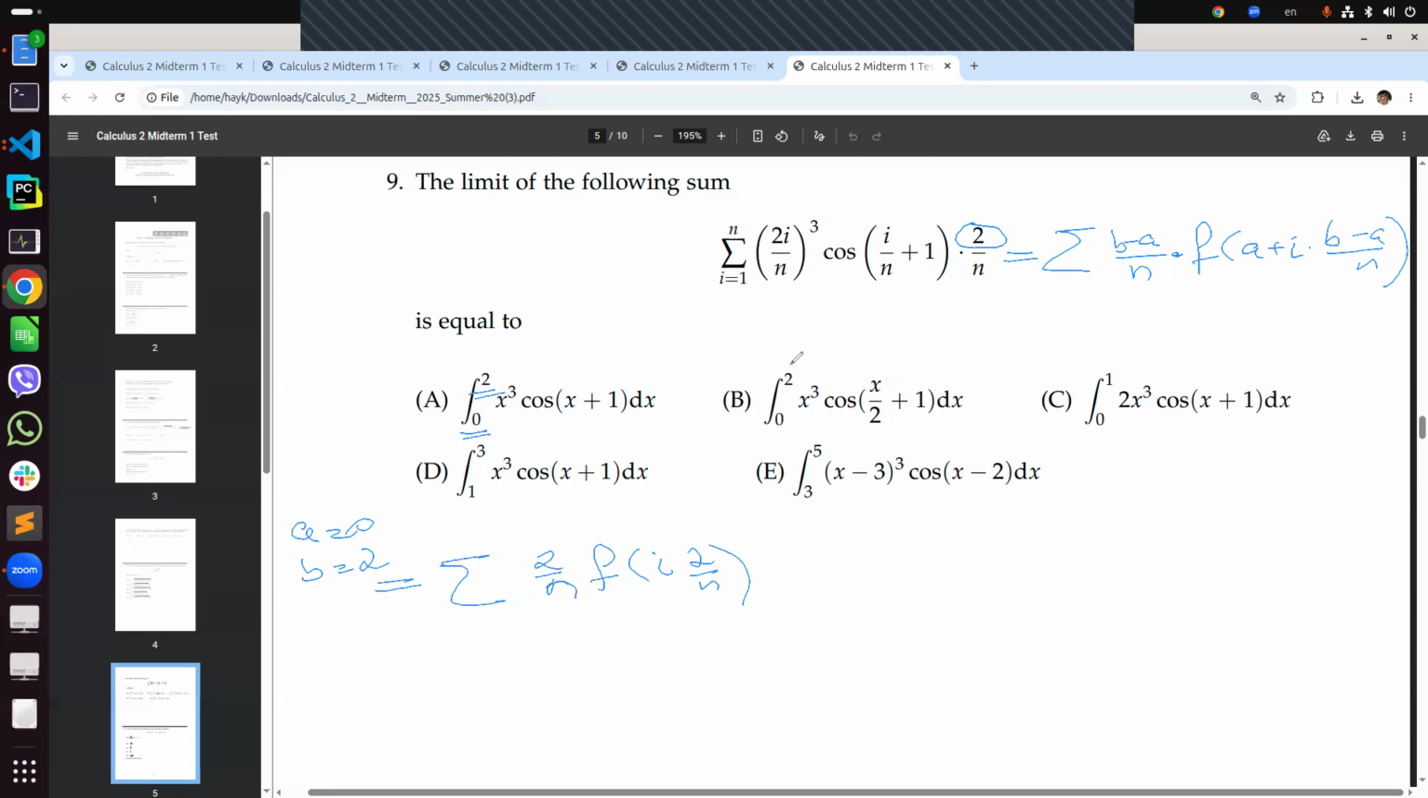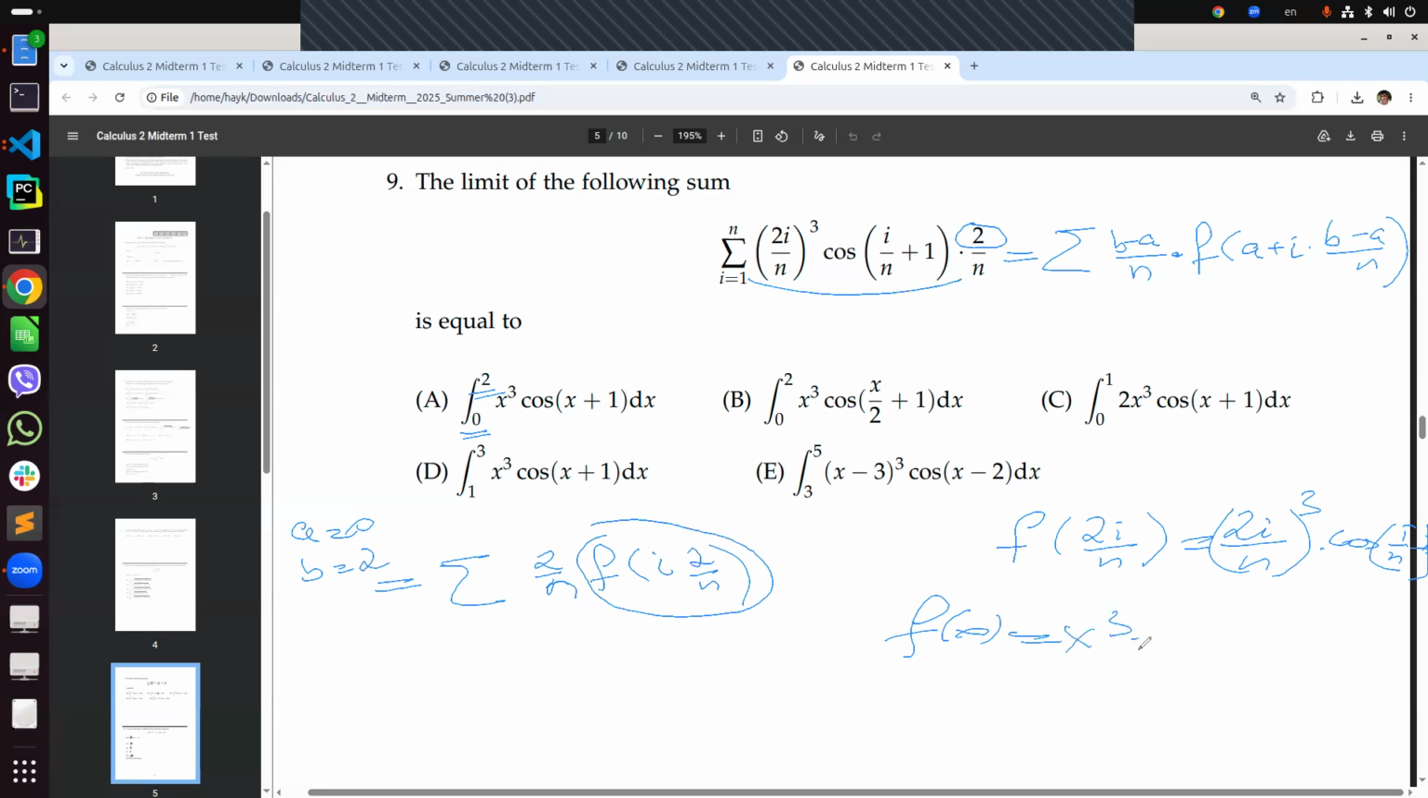So this f of 2i over n is going to be this one. So what is f(x) in this case? If f of 2i over n is 2i over n cubed times cosine of i over n plus 1. How can we find f(x)? Just remember, 2i over n is our x. On the right side, everything is replaced with 2i over n, which is x. So we'll get x cubed and cosine